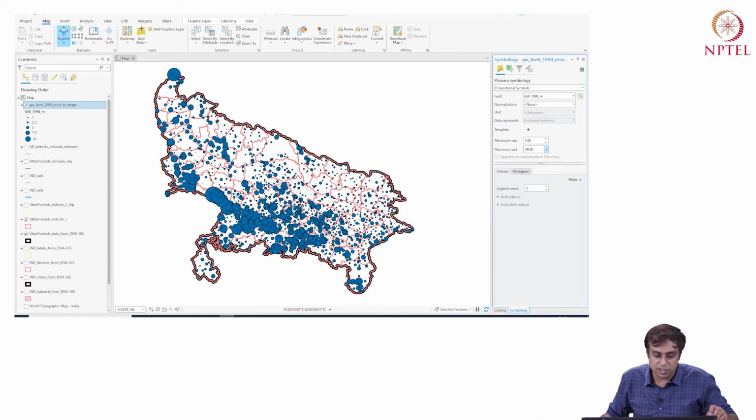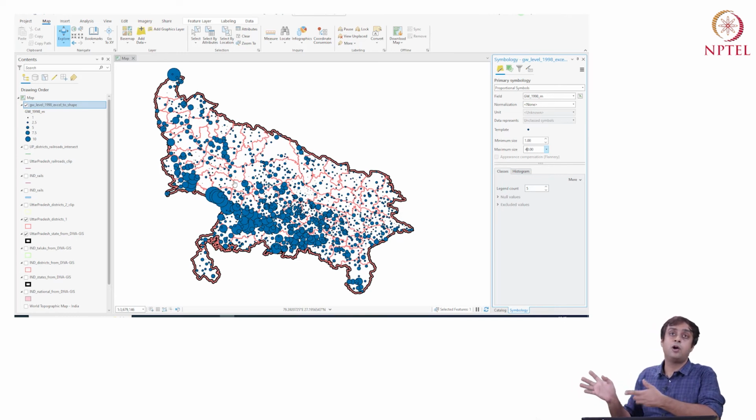And the depletion problem was certainly higher in the southern UP belt, that is south of the Ganges River, than in the north. I'd see no real depletion problem in the north, whereas the south was already stressed so far as groundwater resource was concerned, and this is 1998. So I'm talking about 25 years ago.